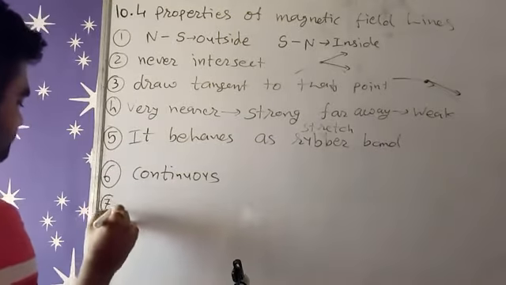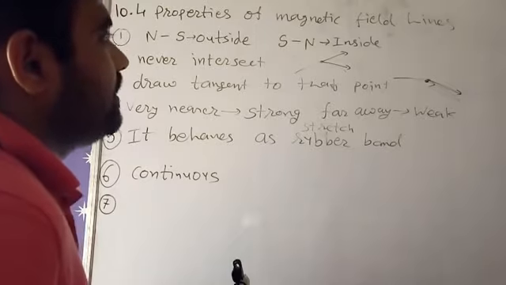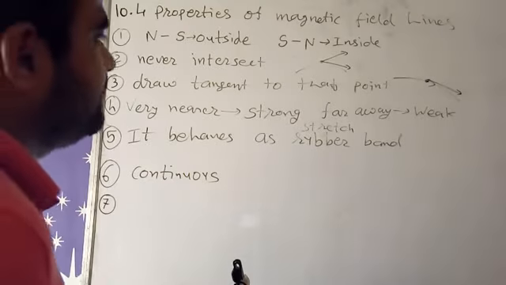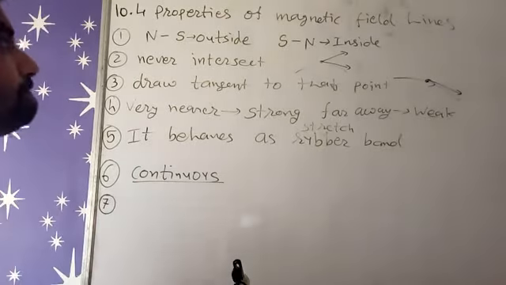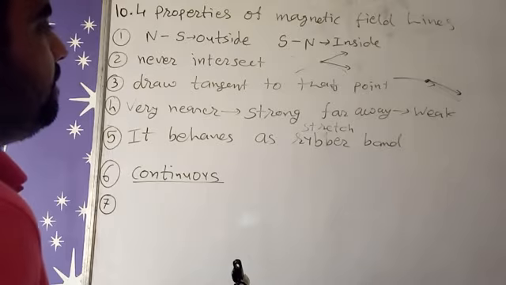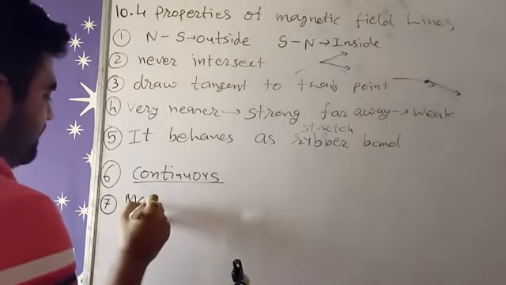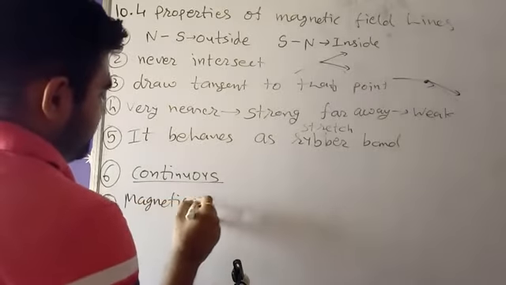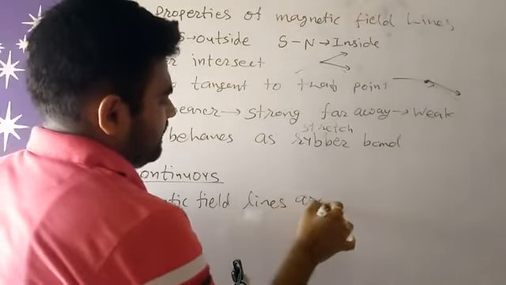Seventh one, these magnetic field lines, for example, continuous. After that, yeah, magnetic field lines are parallel,